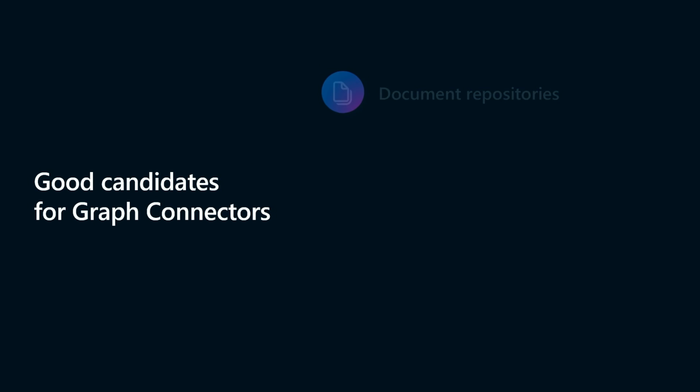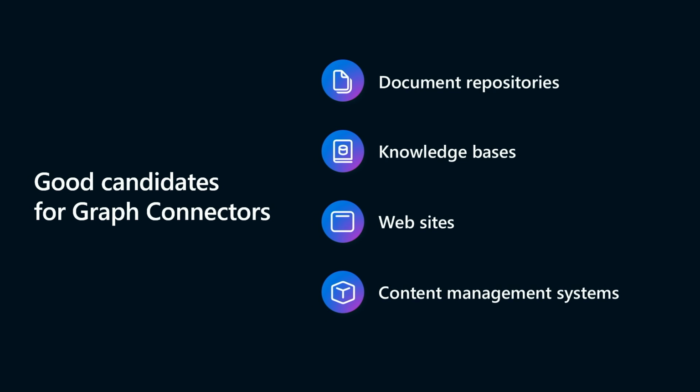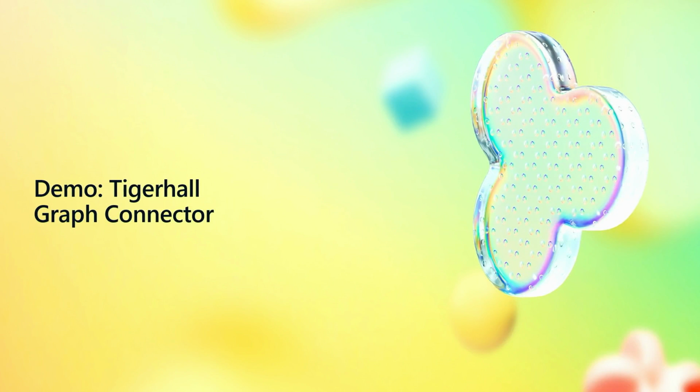And so good candidates for the Graph connectors are things like document repositories. They could be other SaaS providers that you use within your organization, or you could be the vendor that's running those document repositories. It could be a knowledge base that's running in the cloud, like a wiki. You could be on a public website or an internal website. It could also be content management systems that you're running for your intranet that might not be SharePoint. You've chosen to use another product in the ecosystem. All of these things are really good candidates for being put through as an index for Graph connectors.